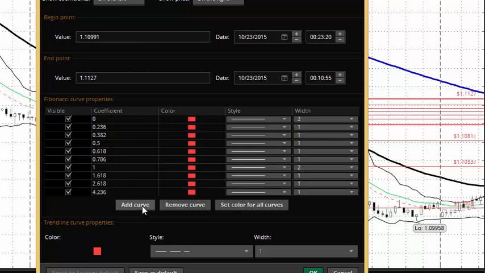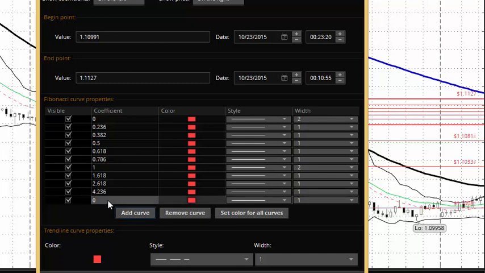Add a curve. I don't know why it's called a curve. There we go. 382, so it would be 1.382, right? And it'll go in between the two, I believe. Let's just save that